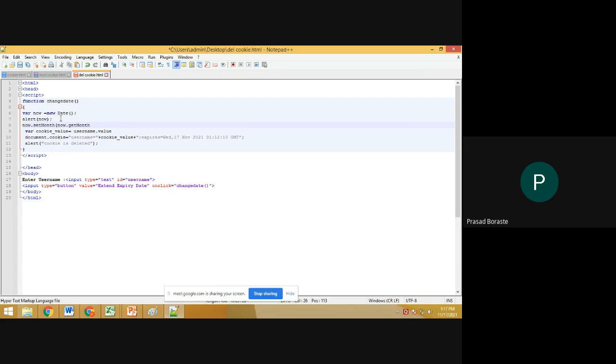By using the getMonth function, we only get the month which is going on. And plus one means I have extended by 1 month. Suppose today is November, plus one means it will take December. The expiry date set will be of December.